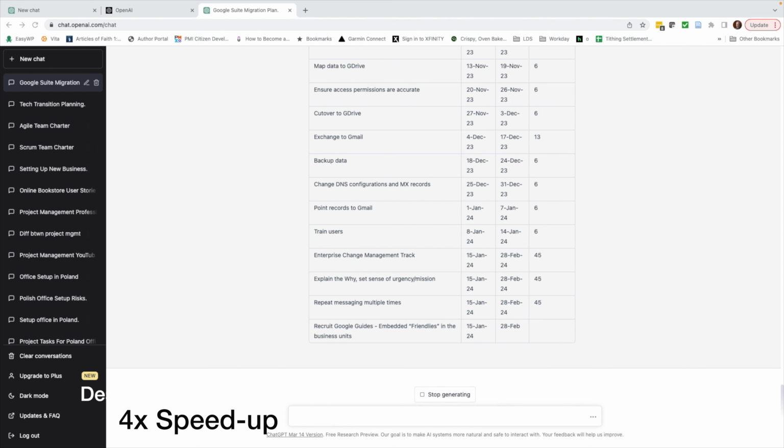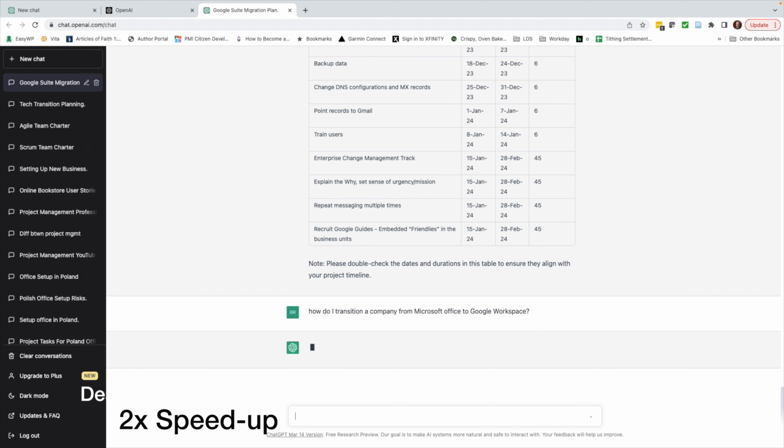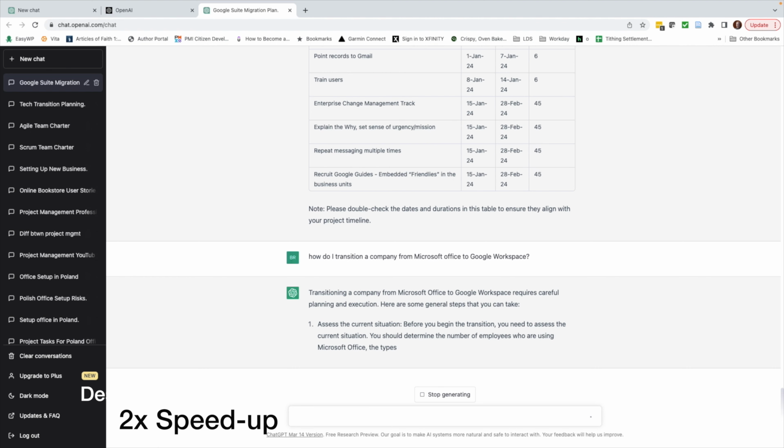So that table took a fair amount of time to put together. ChatGPT is not the fastest of the engines. Now I'm going to ask it the most basic question. How do I transition a company from Microsoft Office to Google Workspace? I asked the other two engines this as well. We're going to see how ChatGPT does. Here it's formulating its answer,